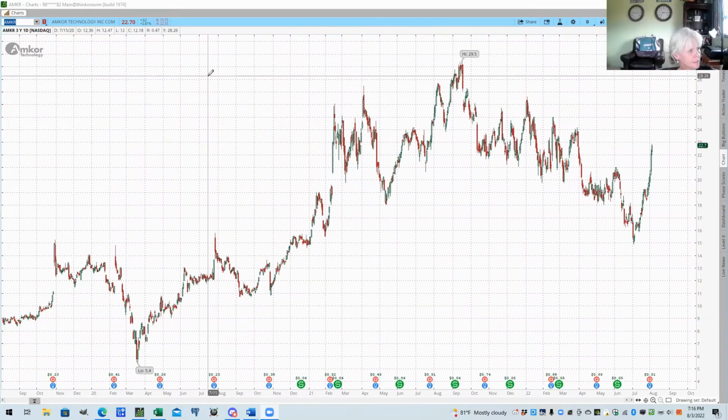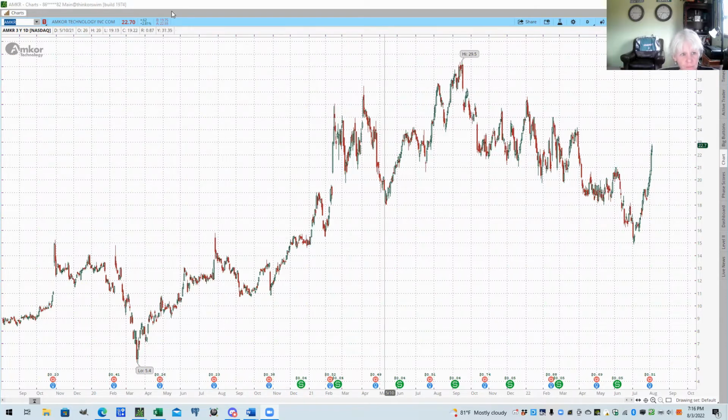Okay, so I sent everybody a diagram of the Elliott wave. So you guys have that available. It just might help as I go through this. So, okay, so this is